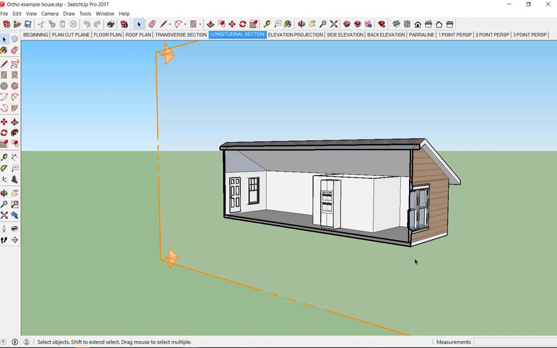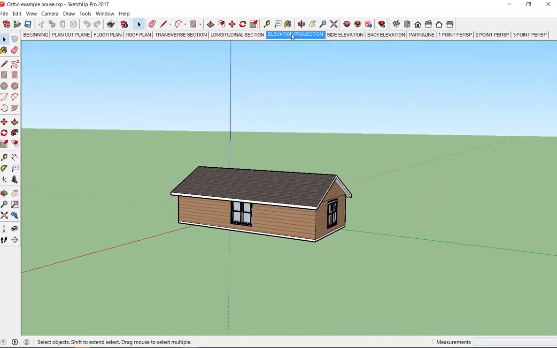Now you notice I didn't draw this with a basement, it's just sitting on a thick slab. You'll also notice that the section shows me that there's no ceiling on this little bathroom here, and there's like a vaulted ceiling in my house. So that's the difference between the two kinds of planes: the section cut plane, which is a vertical cut, and the plan cut planes, which are horizontal cuts. So now we're going to show you how